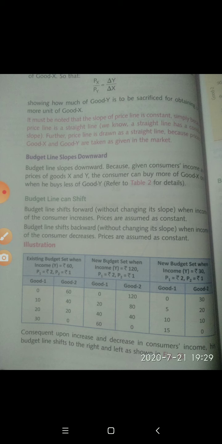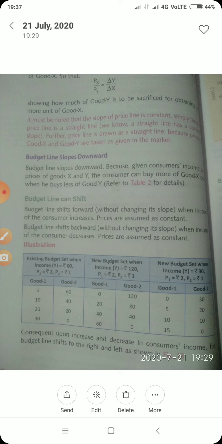Yes, the budget line can shift. It can shift forward when the income of the consumer increases. How can it affect the budget line? If the income of the consumer increases, what is the effect on the budget line? That means he has more capacity to spend. If earlier he was earning rupees 2000, so accordingly his expenditure was fixed. We can just say 50%, that is 1000. And when his income increases to rupees 3000, it's obvious that his expenditure will also increase, isn't it? So that is why we can say the budget line can shift.